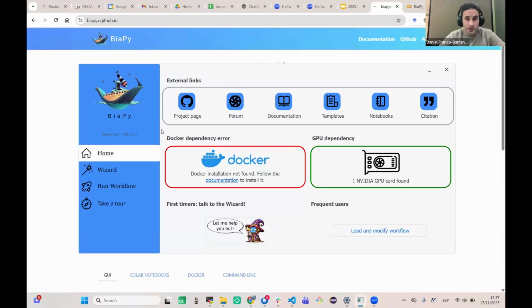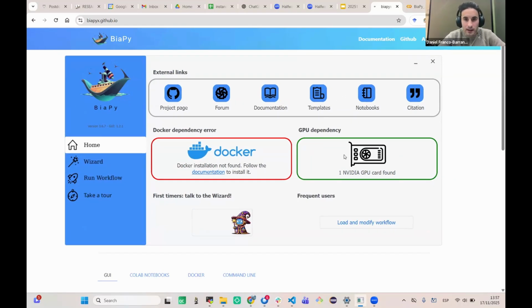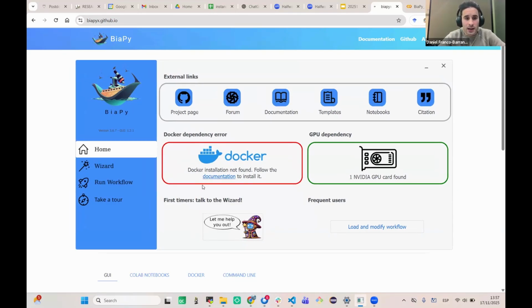that Nacho was explaining. You have here links to the documentation, to our projects, to the forum, to these notebooks that we are running. We have templates, okay, and we have two main checks: whether you have GPUs, and whether you have Docker installed. It requires Docker to be installed. There is also a section with this button here